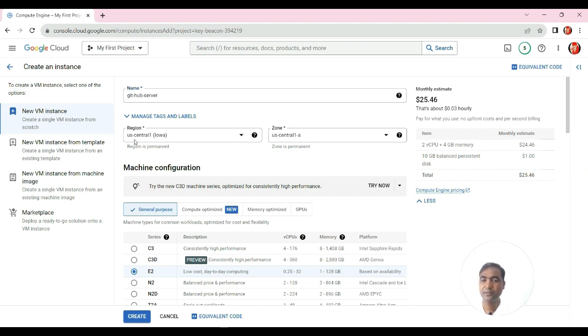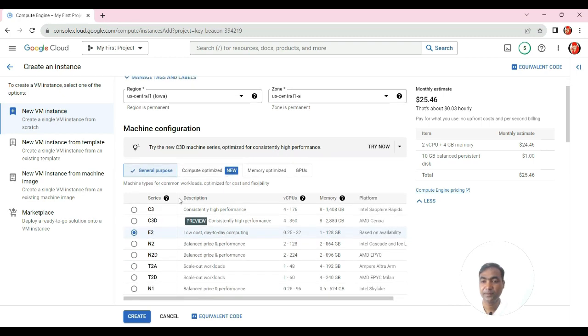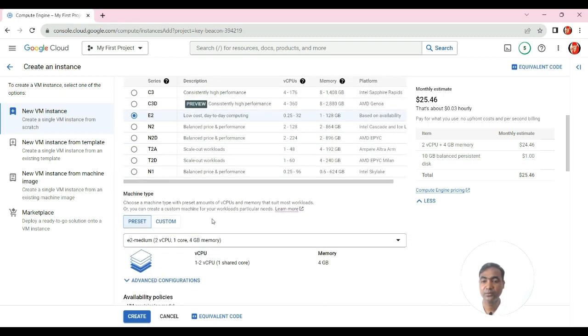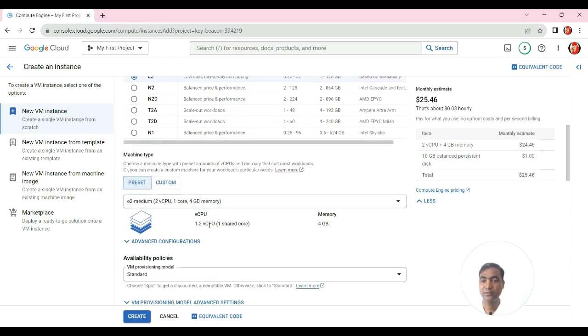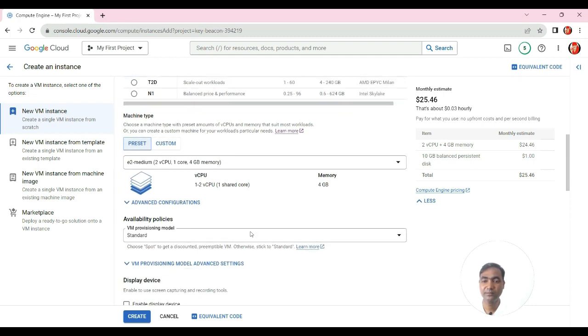As you can see here, I selected US Central as region and zone I selected as US Central 1A here. Then machine type is E2 medium,